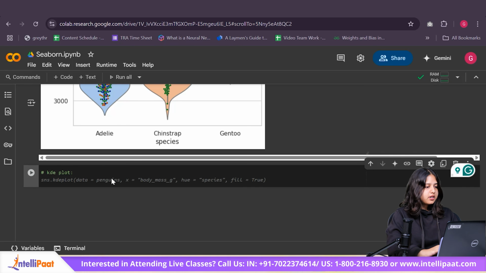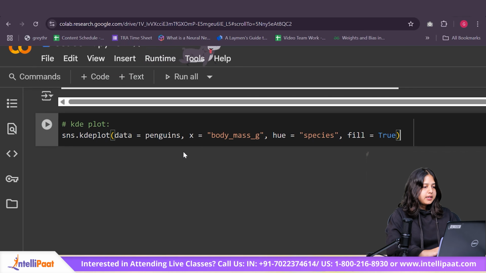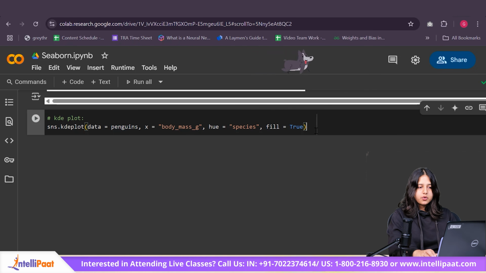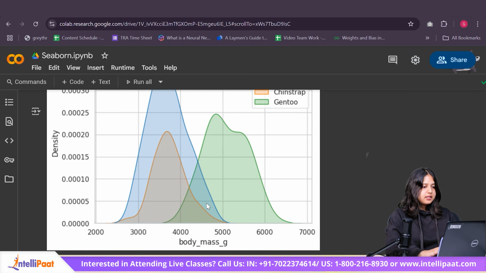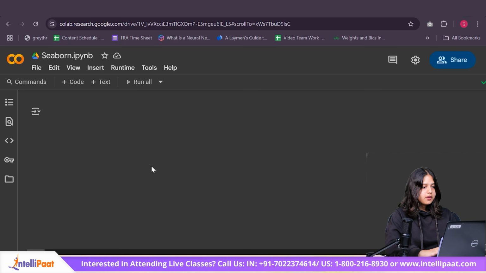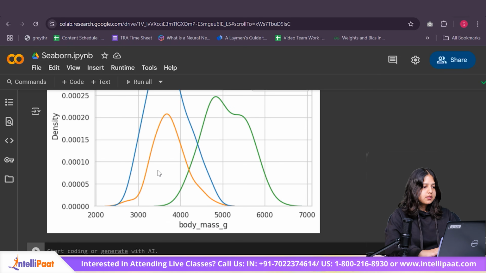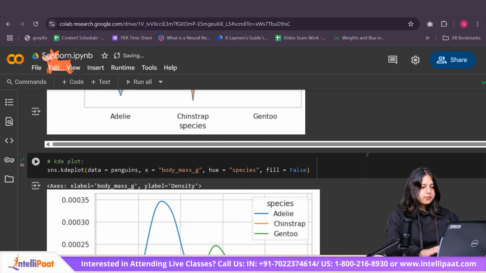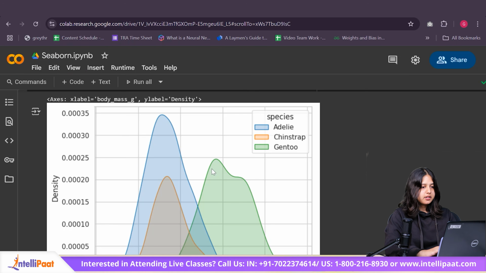So in order to plot a KDE plot, all I have to do is say sns.kdeplot, pass my data, my x variable, and pass my hue. And I'm going to say fill equal to true because I want my colors to be completely inside these particular lines. If I make this particular parameter as false, then it's just lines. Okay, so this is basically what a KDE plot is. This is basically just representing a histogram in a different manner. Okay, so I'm going to make this true because it looks much better with filled in graphs.